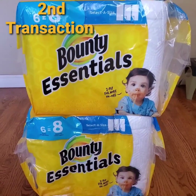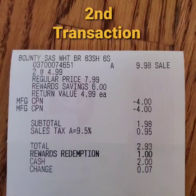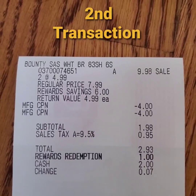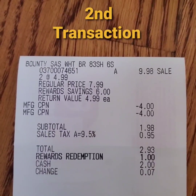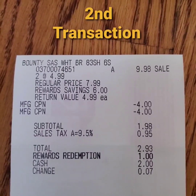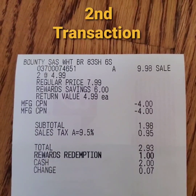This is my second transaction. This is my receipt. I used the 2 $4 register rewards and the total is $2.93 including tax. I redeemed 1,000 points from the account, which is equal to $1, and paid